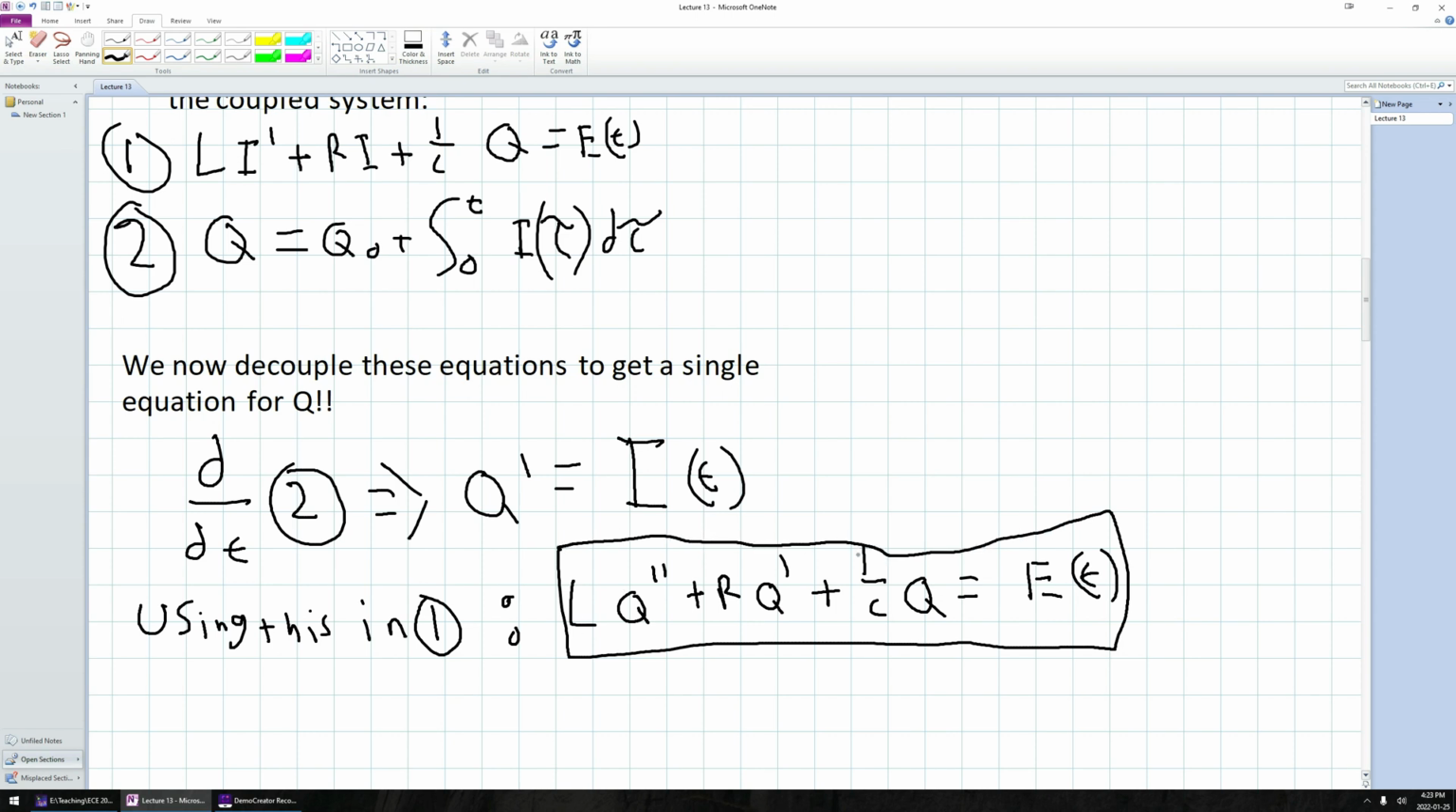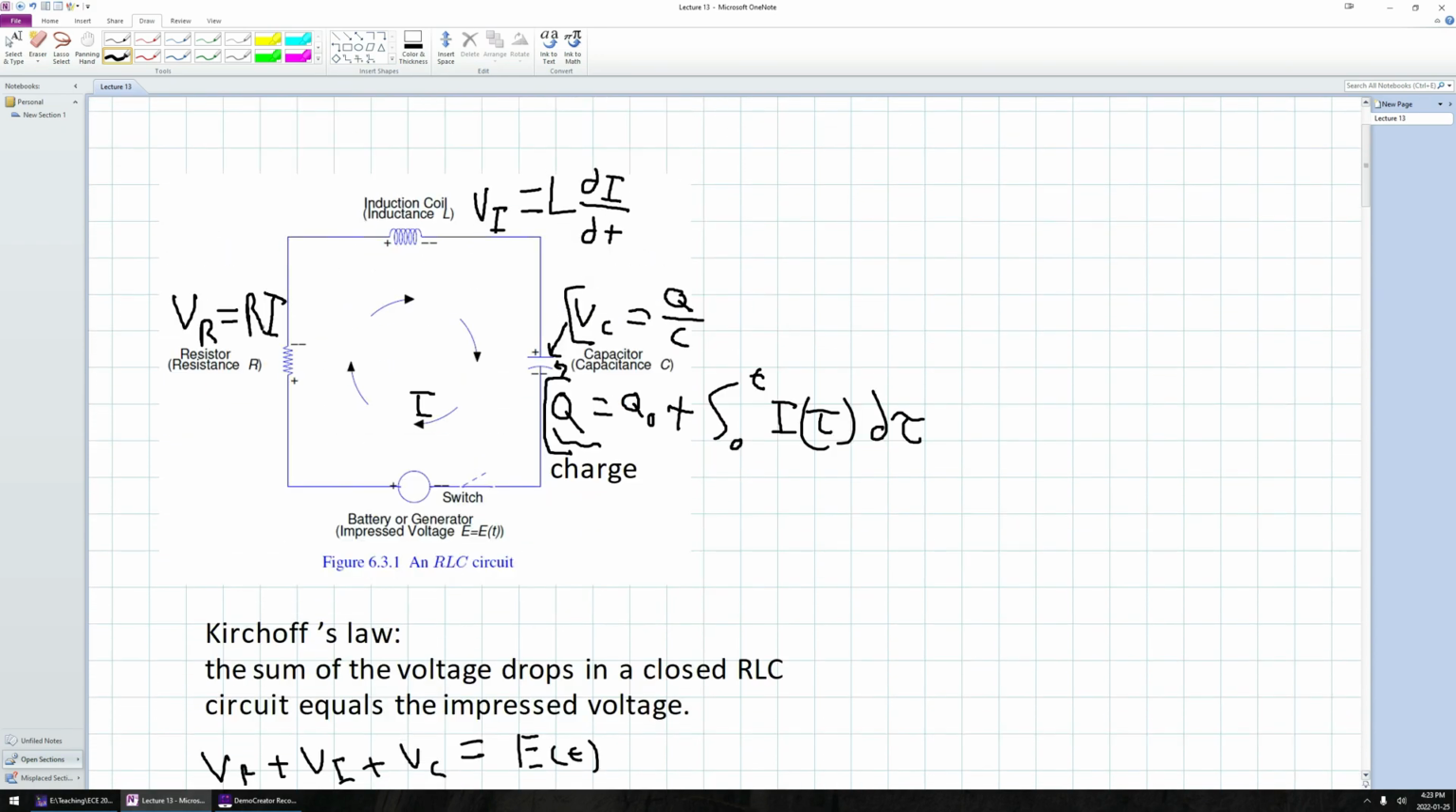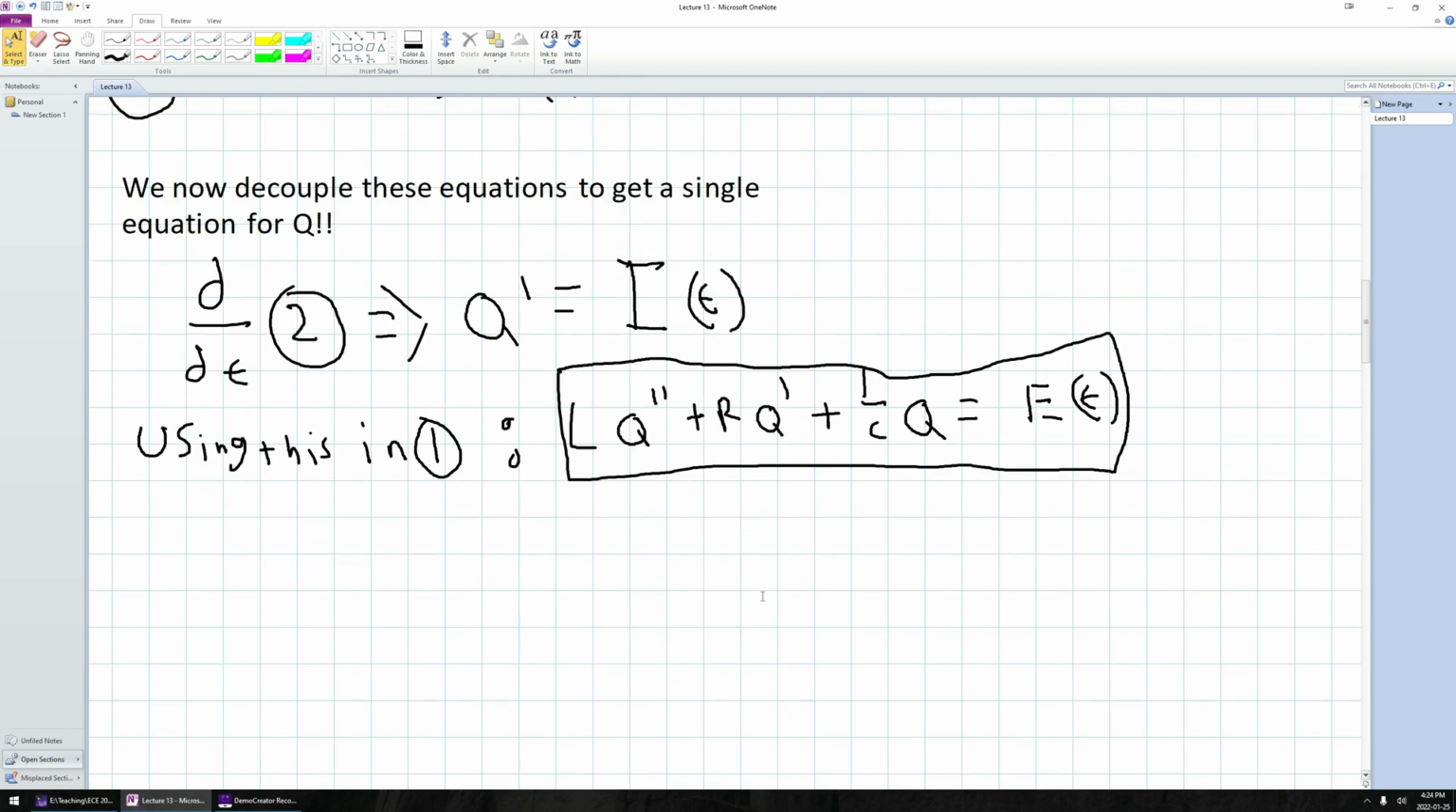So L, R, and the capacity C, we can assume those are constant, and generally speaking, they will be unless you have some kind of more complex things happening up here that would cause a variable resistance, a variable inductance, or a variable capacity, but generally speaking, we can make this assumption, at least for simple circuits. And now I can solve this equation here. Okay, so our decoupled system is thus